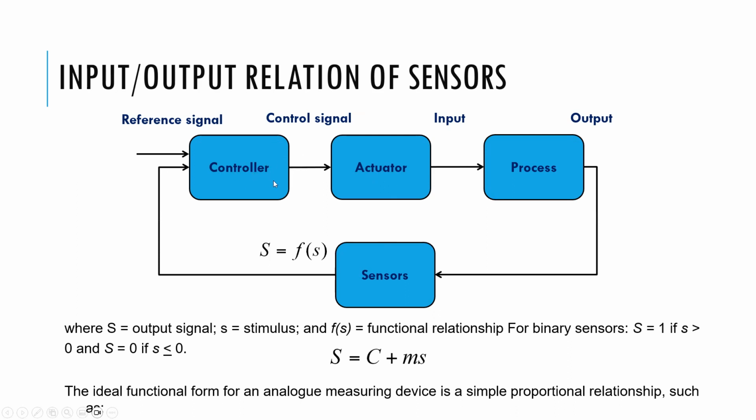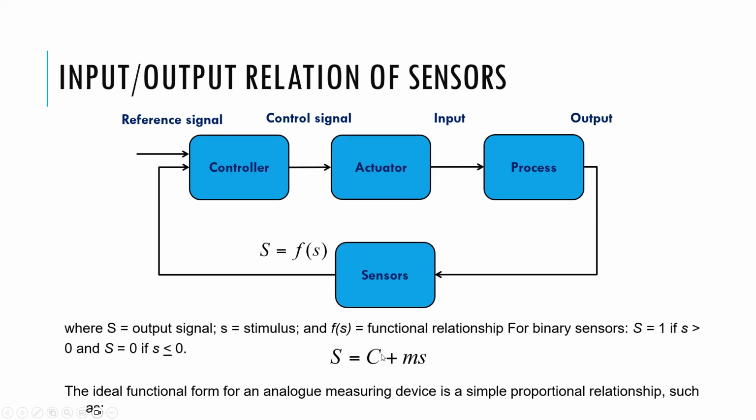So you can model a control system, you can model the process, you can model the actuator, and you can model the sensors, and most of these sensors want to be a linear system. So you want a y equals mx plus b. In this case, it's s equals c plus ms plus b. So it's a linear function given the input s,